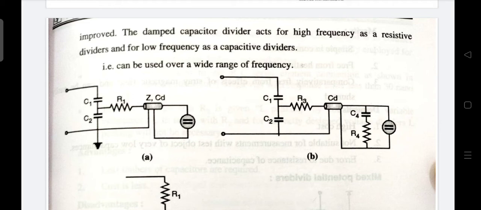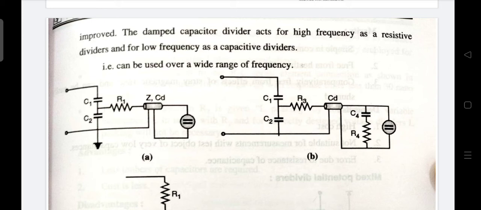Usually, dividers are connected to the source voltage through long leads, which introduce lead inductance and residual resistances. The low voltage capacitor C2 should be non-inductive. The coupling between the high and low voltage arms of the divider should be purely capacitive. Hence, a low voltage arm should contain one capacitor only. Two or more capacitors in parallel must be avoided because of the appreciable inductance that would be introduced.